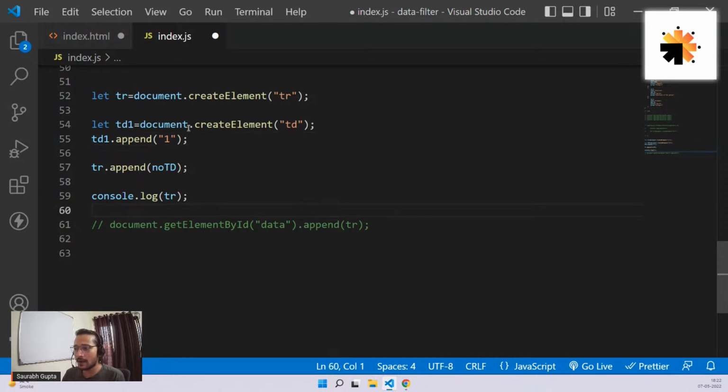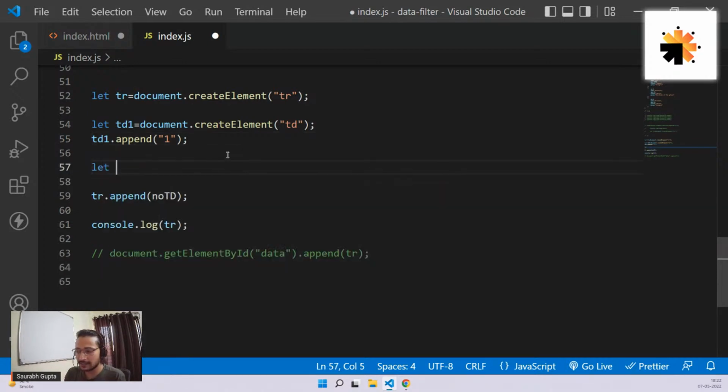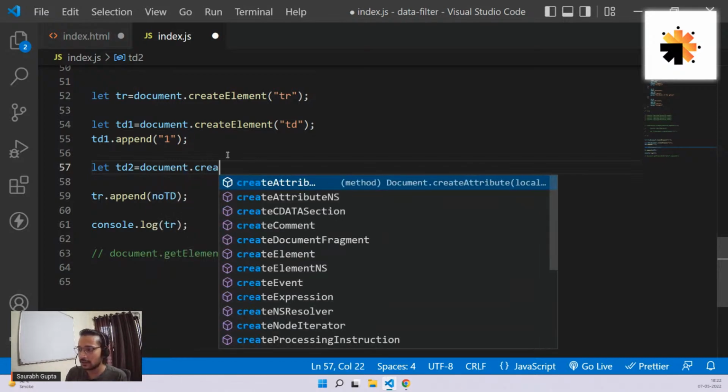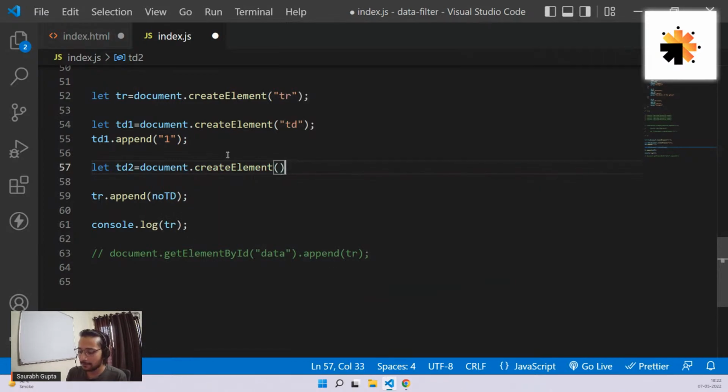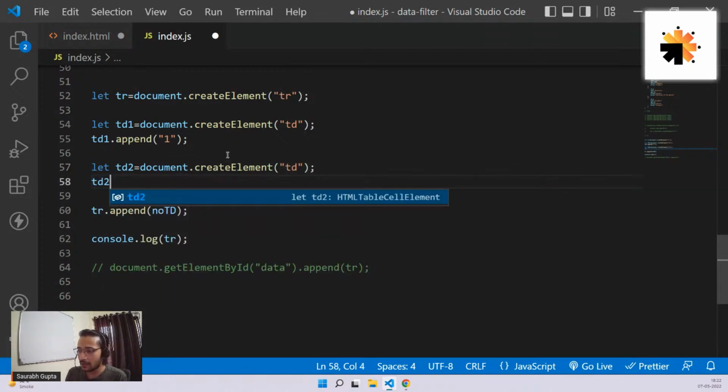Okay? So td1, inside that I put 1. Now let's create the td number 2. So let td2, and inside that, first of all, create the element: document.createElement td. Inside that, I want to put a text